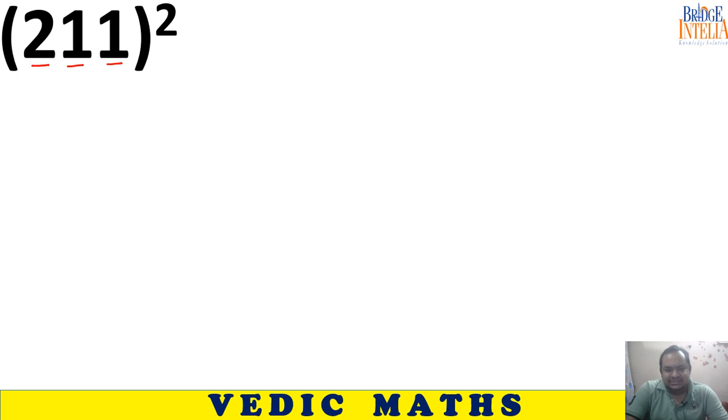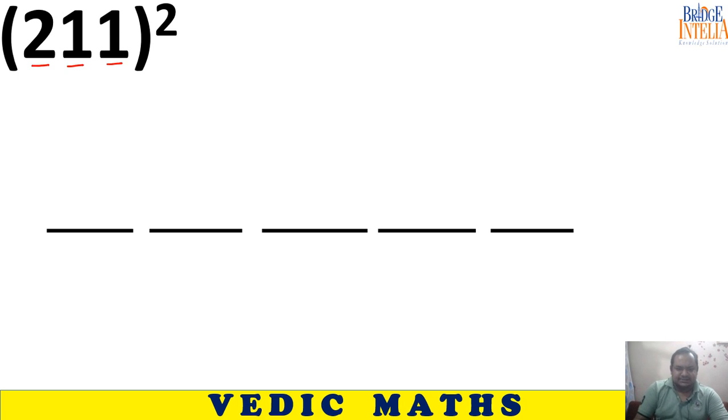First imagine or draw 5 blank spaces. You can see 1, 2, 3, 4, 5 blank spaces are there. All these 5 blank spaces are basically 1-digit numbers. You have to write one digit on all these blank spaces except the first one, because we cannot control how many digits will be on the first space. So on the last 4 you have to write one digit each.